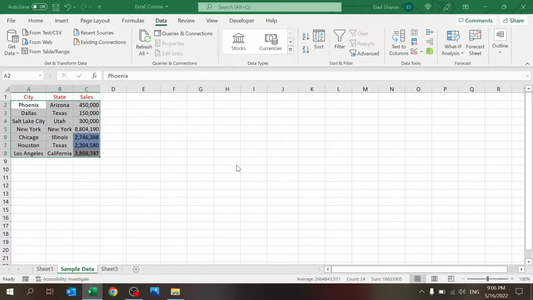And what's nice about sorting, for example, let's sort by state. Okay, and now I have the state. Now I can click again on sort. It's going to remember what I sorted before, and I can now add a level. Then I can say, let's sort by cells, and you see it identifies it's a number. So now it gives us the largest to smallest. And I can change the order, so I can move this up. That makes it first sort by the sales